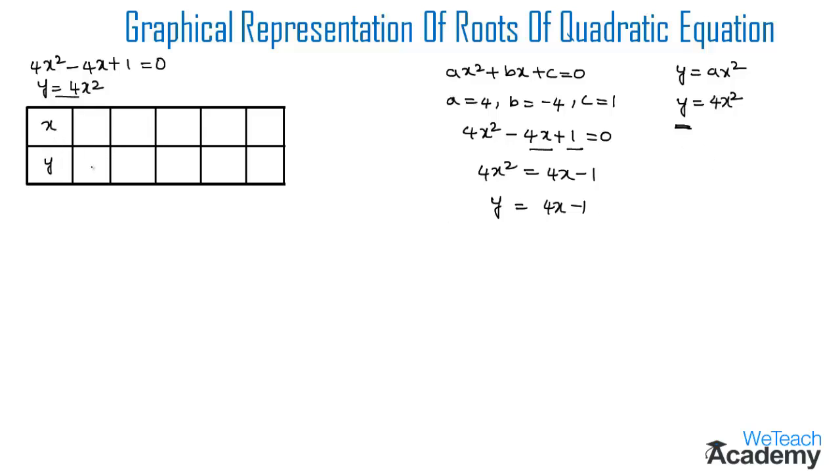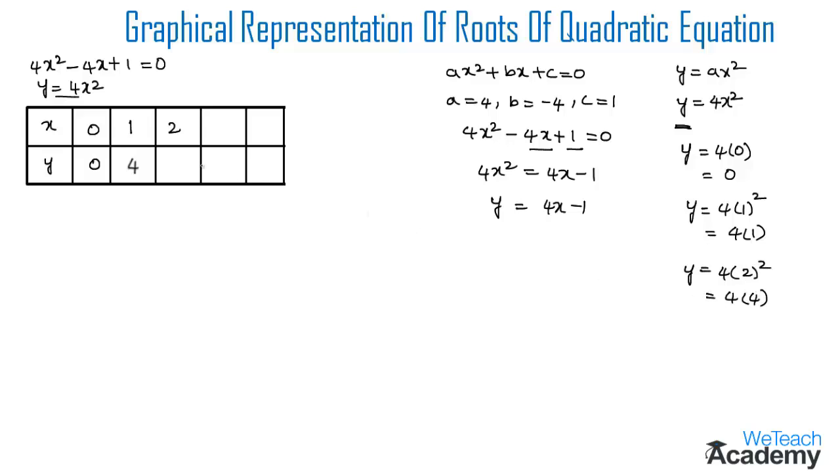If we consider the x value as 0, how would we get the y value? We get the y value just by substituting the value of x as 0 in the equation y is equal to 4x square. So by substituting here we get y is equal to 4 into 0, which implies 0. So let us write 0 over here. Then if we consider the x value as 1, the y value would come as 4 into 1, which is nothing but 4. So we get the value of the y coordinate as 4. Then let us assume the value of x as 2, then we get the y value as 4 into 2 whole square, that is 4 into 2 square.